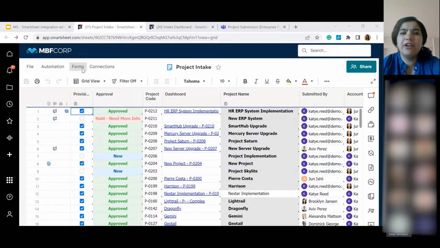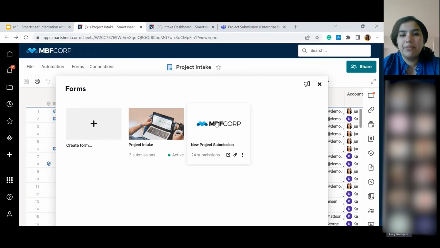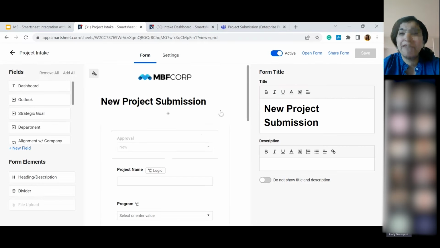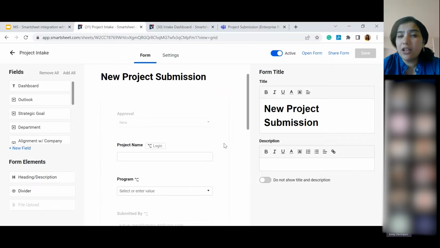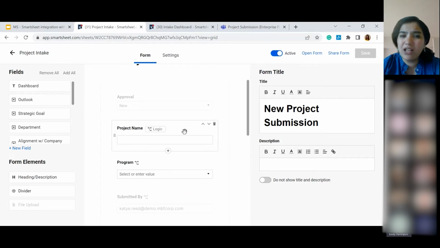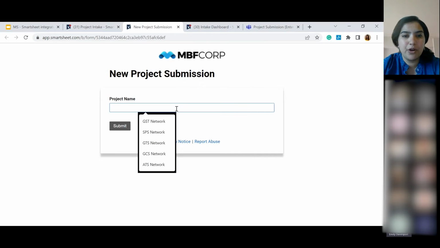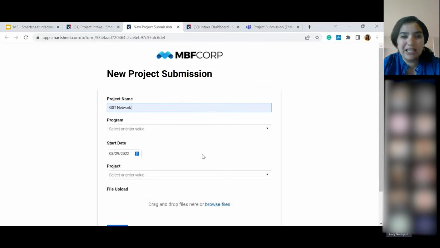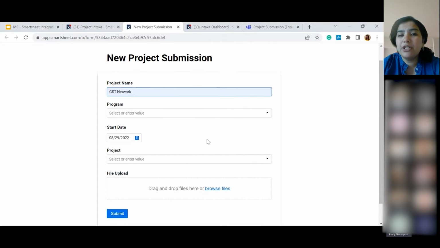So to make things further easier for my team to submit new projects, I'm going to use Smartsheet's form to build an intake form. So this is the form builder within Smartsheet, and I'm able to configure what my form should look like. I'm able to specify which columns I need to have displayed here, and also add logic for when a column should show or not. So here is how the form looks like. As you can see, it is a simple form that my team members can use to input the